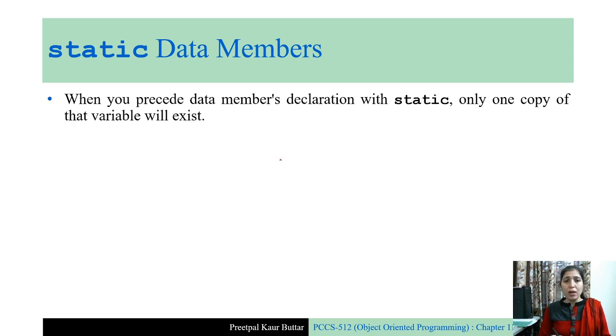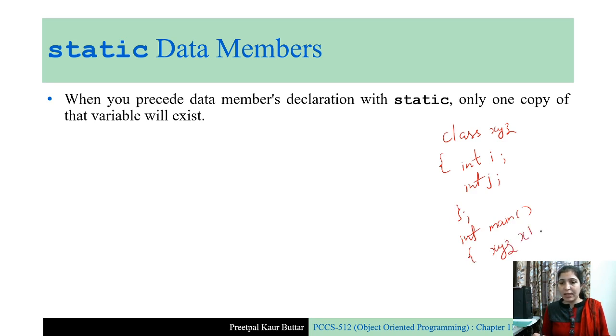When you precede a data member's declaration with static, only one copy of that variable will exist. Normally, suppose you create a class XYZ with some ordinary variables, int i and int j, and in the main function you create some objects of XYZ, let's say x1 and x2.